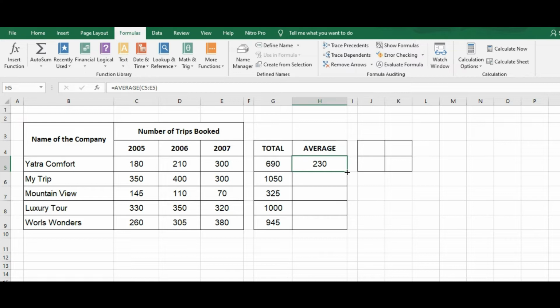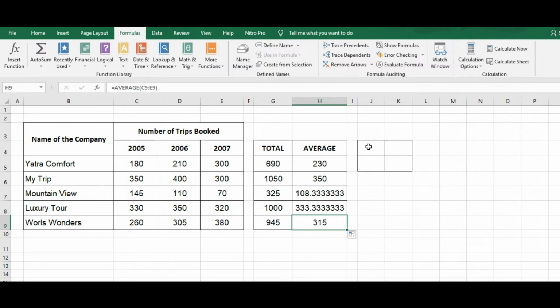Again, if I drag it downwards like this, we get the average for each and every company. Due to relative cell referencing, the formula has been copied automatically.